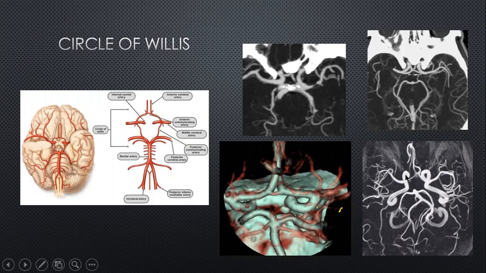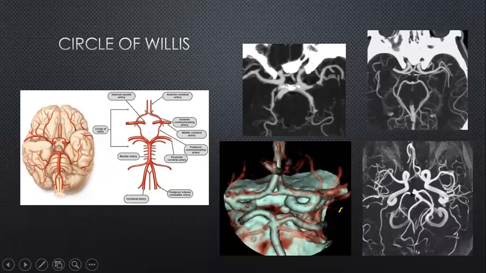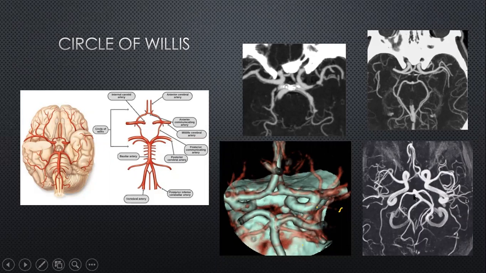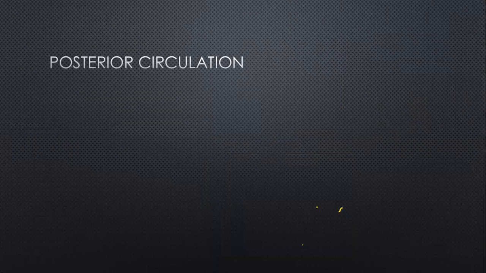And this is an incomplete circle of Willis. You have got the MRA over here. You can see the MCA on both sides, the carotid artery, the ACA, a dominant ACA on the left side, a smaller ACA on the right side, but there are no PCOMs, and hence the basilar termination is going to supply both PCAs and then the occipital pole. So that's a circle of Willis.